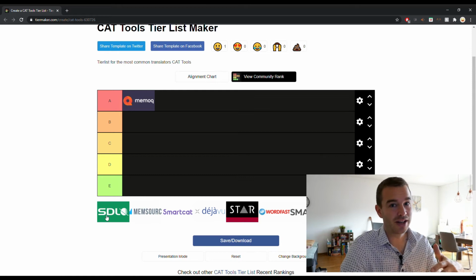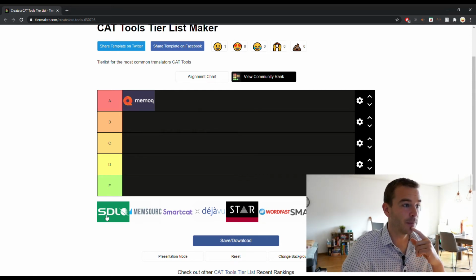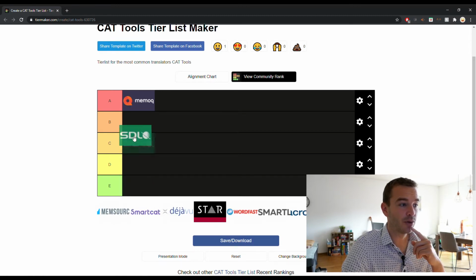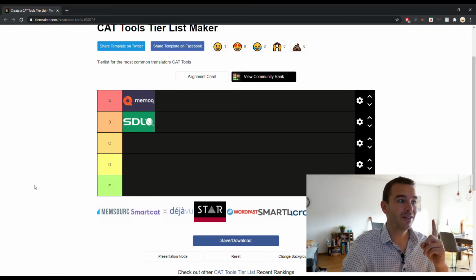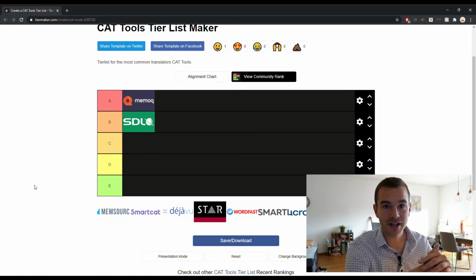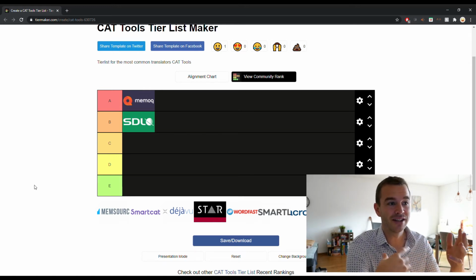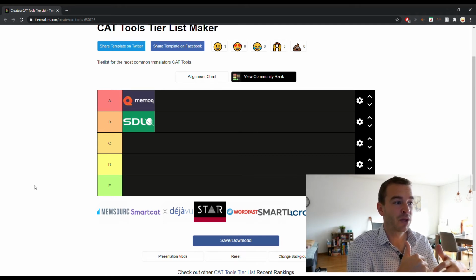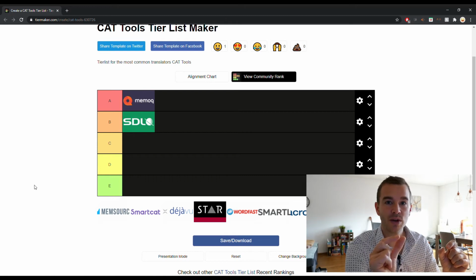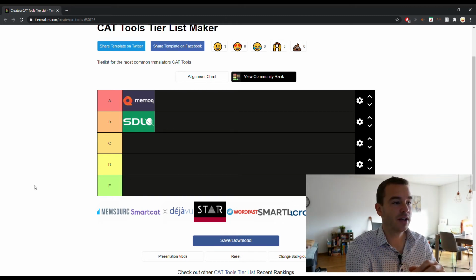A lot of agencies will ask you to actually have Trados to work with them. For that reason, it's definitely competing with MemoQ, but I'm putting it in B. I'm not putting it in A because it's expensive to buy as a freelancer, but usually someone will help you, either the pros group buy or even the client itself. For me, it was the client that said, we really want to work with you, but you need to have Trados. So they helped me with providing a license. While you need one, they can give you a license from themselves. Then you can, of course, not work for other clients with it, but until you have other clients, it's perfect